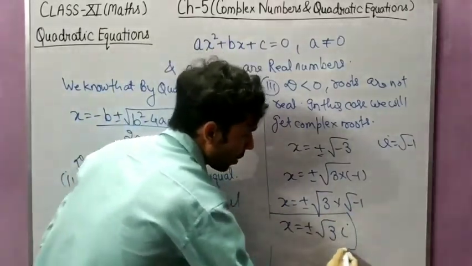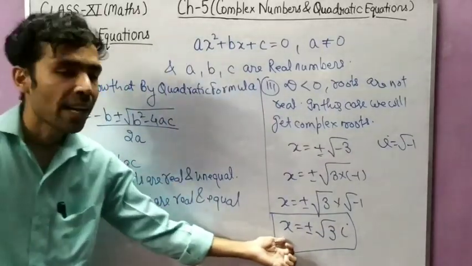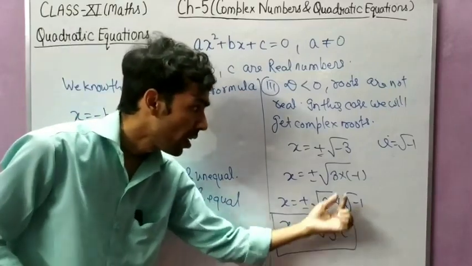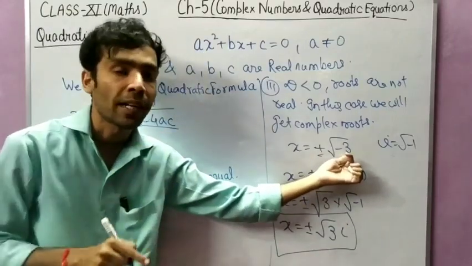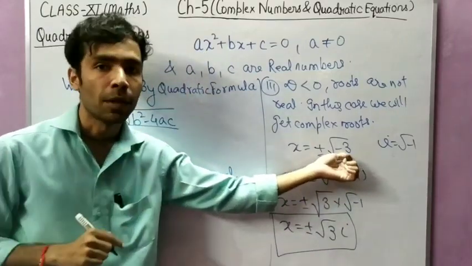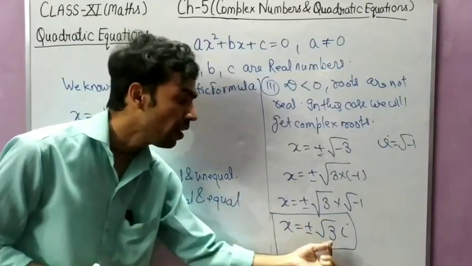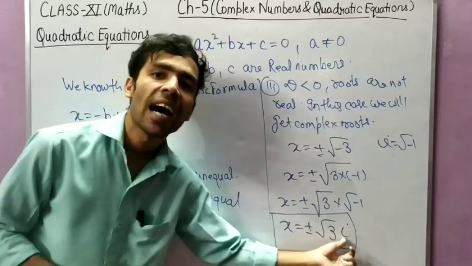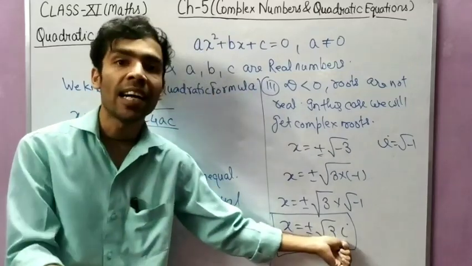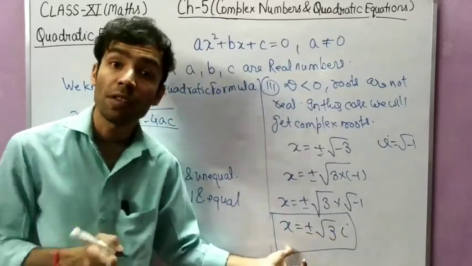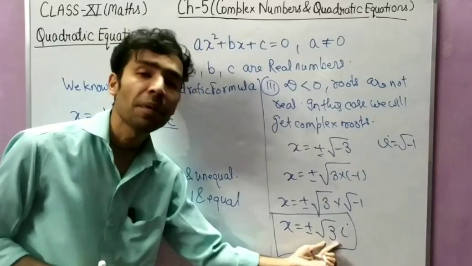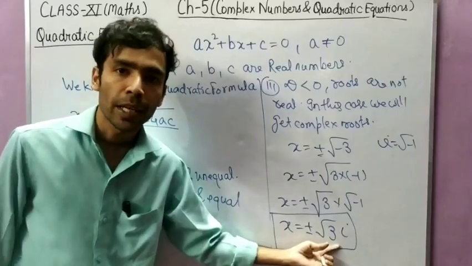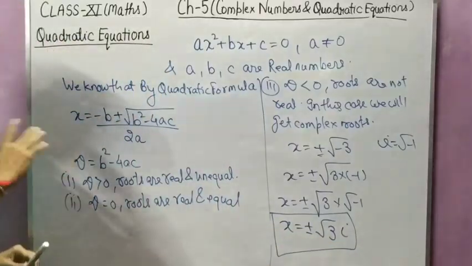So see, whatever value of x we are getting is not real. Why is it not real? Because inside the square root we got a negative number. Whenever we solve this, we get plus minus under root 3i, and i denotes that the roots are complex, not real. This can be written in the form a plus ib, like 0 plus minus under root 3i. So everything is the same.